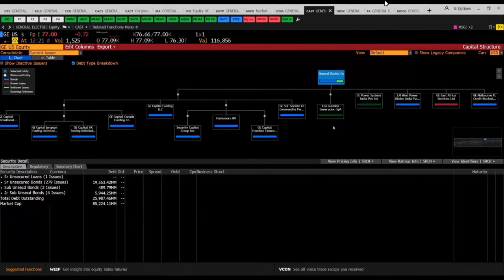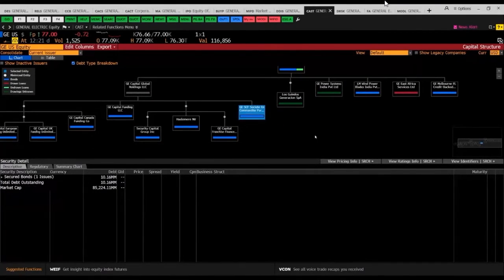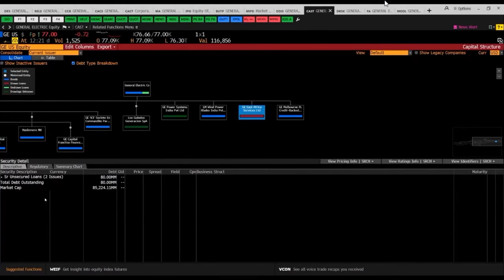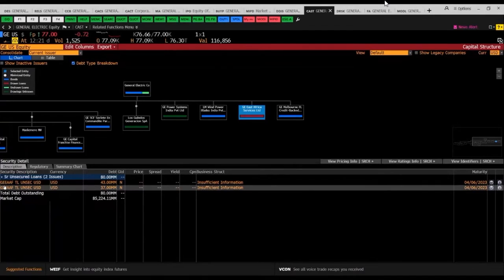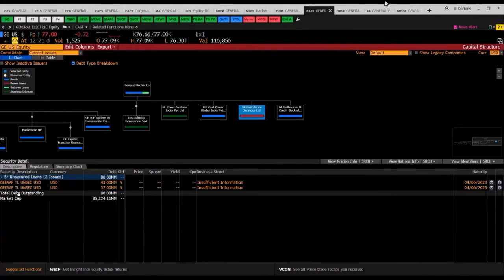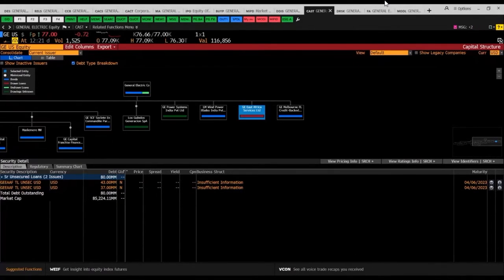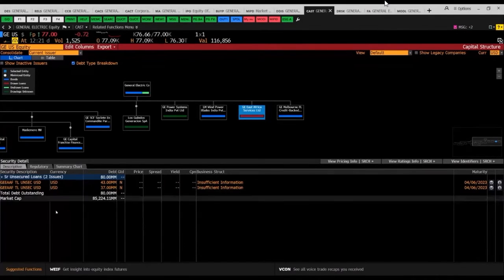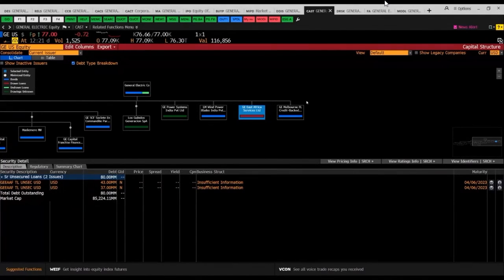You can also click in and see exactly what are the instruments and what is the debt that is held in each particular entity. So, for example, I can go to GE East Africa, and you can see they have unsecured loans. You can also see whether, for example, the debt of that particular entity is guaranteed by the parent entity, and you can then of course dig deeper into each issuance, each instrument,